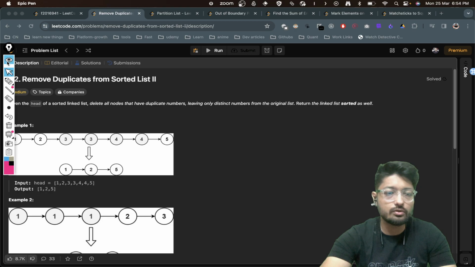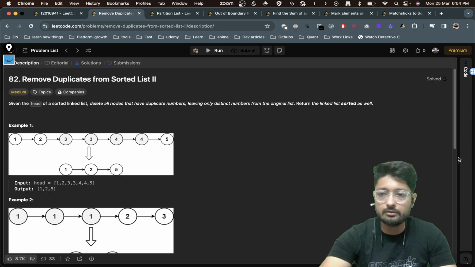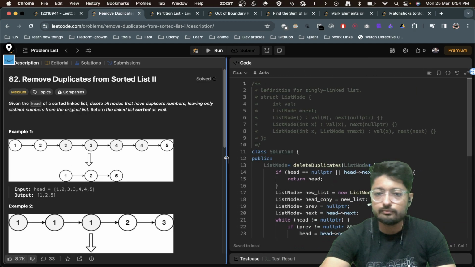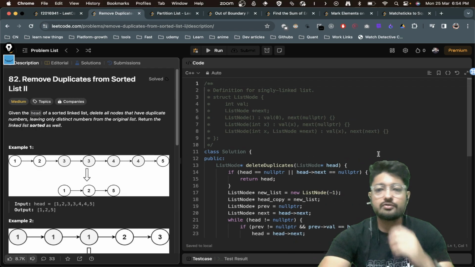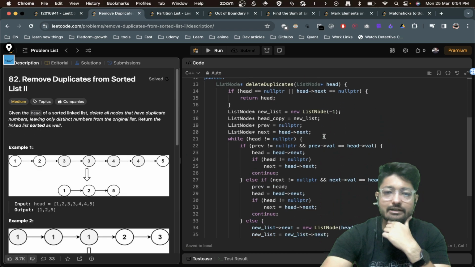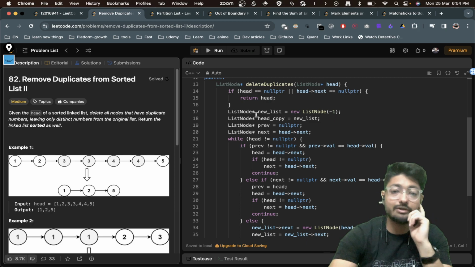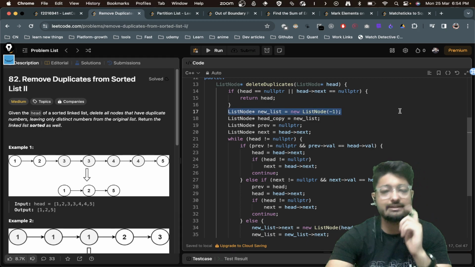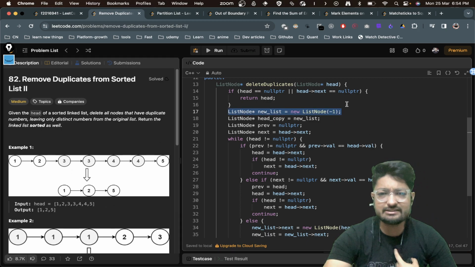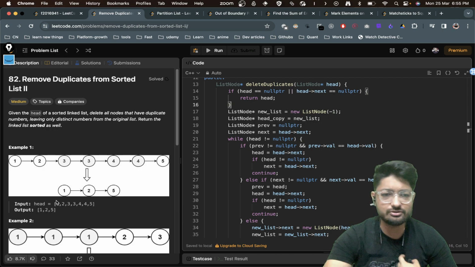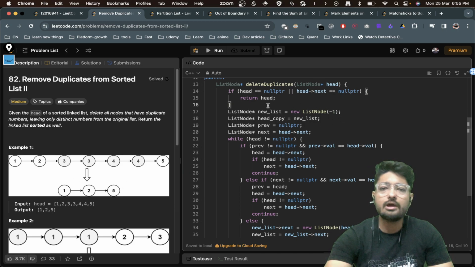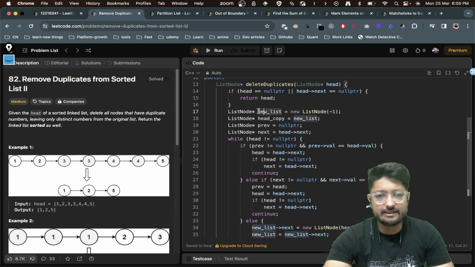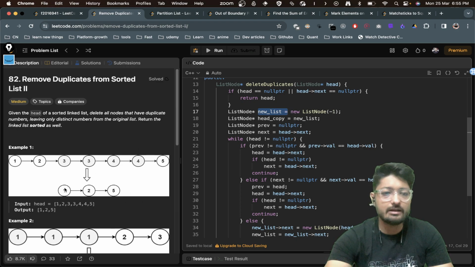So let's bring down the code part. What we have to do is first make a new linked list that we'll build from here. It is initialized with a node of -1 so that we can attach new nodes on top of it. Then this is a copy of this new linked list so that this linked list will move along by adding. So we will keep on adding to this new linked list, but we have to return